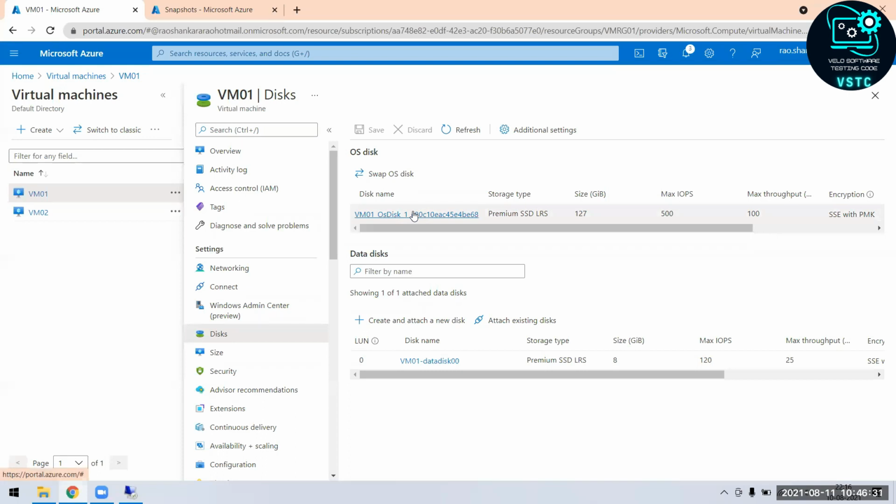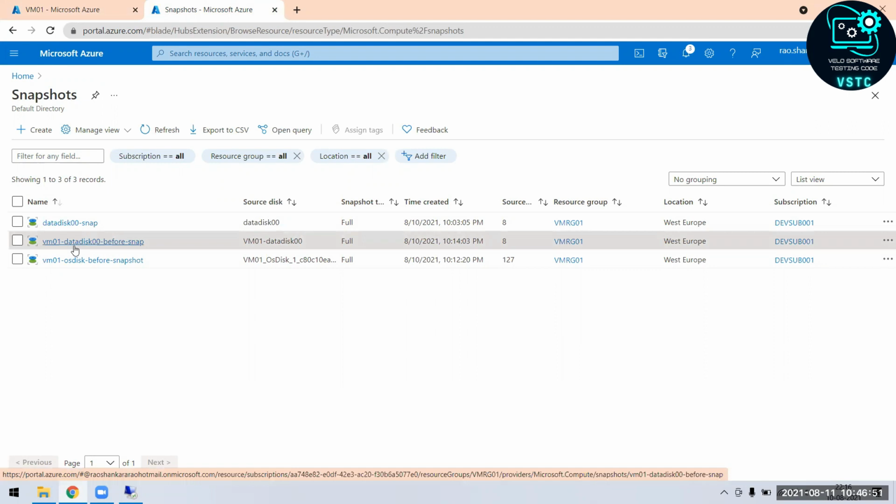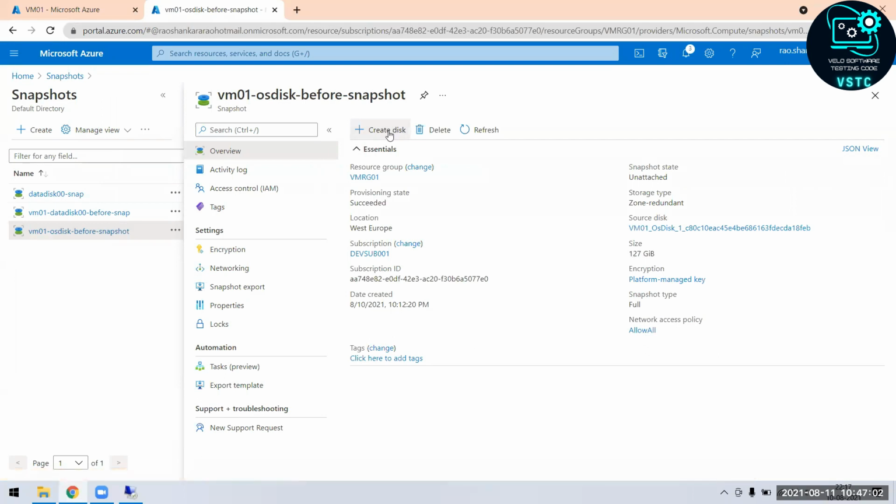here two things we have to change. Remember, two things we have to change. One is the operating system disk, another one is the data disk. Before touching that, two things I have to do. The OS disk I have to convert into a normal disk, because we can't attach the snapshot directly to the virtual machine. Anyhow, we have to convert that snapshot to a disk. First, we convert the OS disk. Click on the OS disk, create new disk,